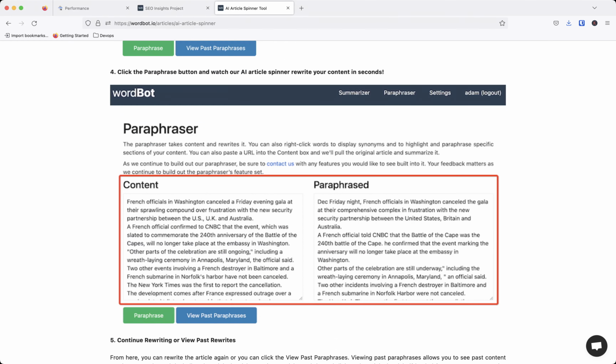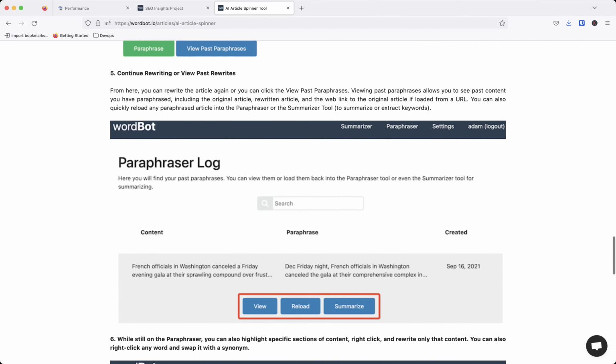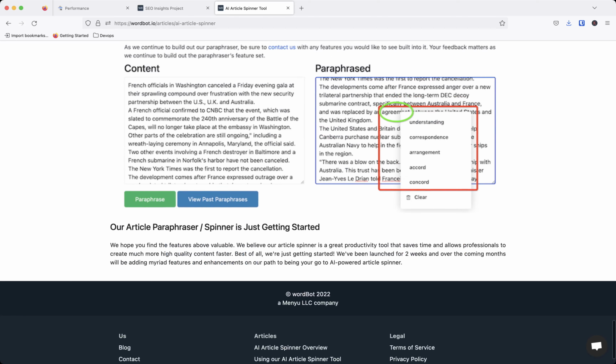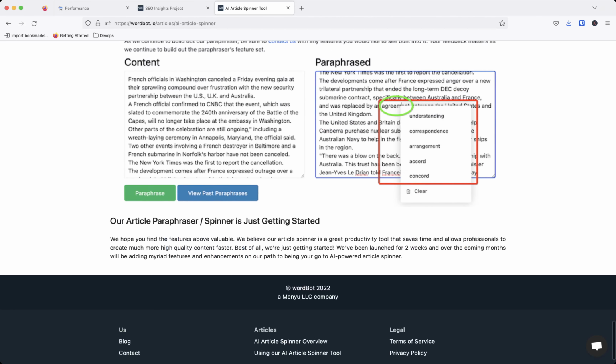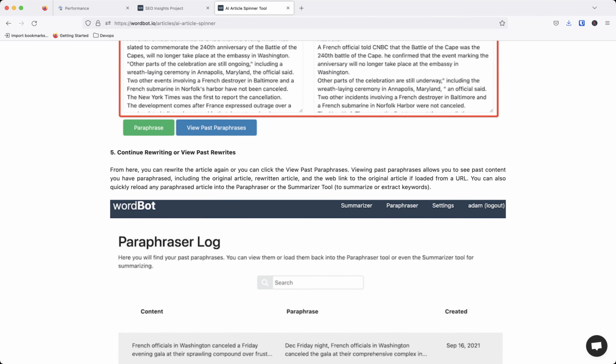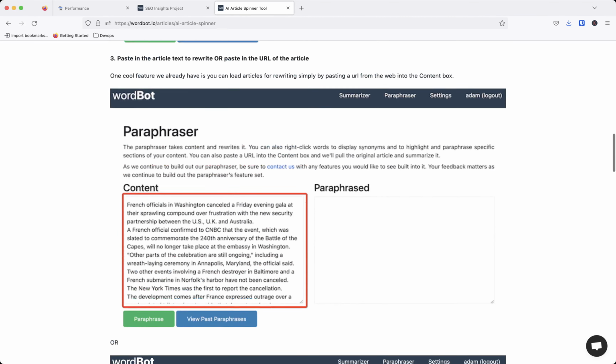Now, we're going to be redoing this article and putting it on our actual blog, which is blog.wordbot.io, where a majority of our articles sit. But just looking at this content, it's a lot of how our tool used to look in our early stages. And some of these pictures are going to need to be updated. A lot of the article spinner or AI article spinner keywords are maybe going to need to be adjusted,